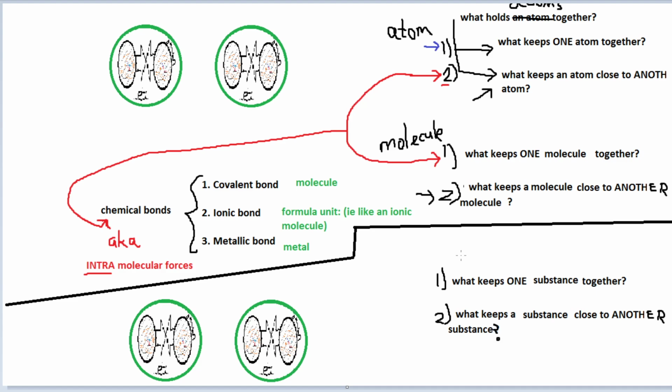Now you can put together a lot of humans. What is it called when you study a group of humans? What keeps humans together? What keeps one human from falling apart? That's maybe psychology. What keeps one human close to another human? That could be social studies. What if you have lots of humans? What keeps a group of humans together? That's politics. What keeps one group of humans close to another group of humans? Well, that's economics. Hopefully you can see as we go up this ladder of concepts, you study different subjects, all the way up till whatever the most complicated subject is, probably politics.